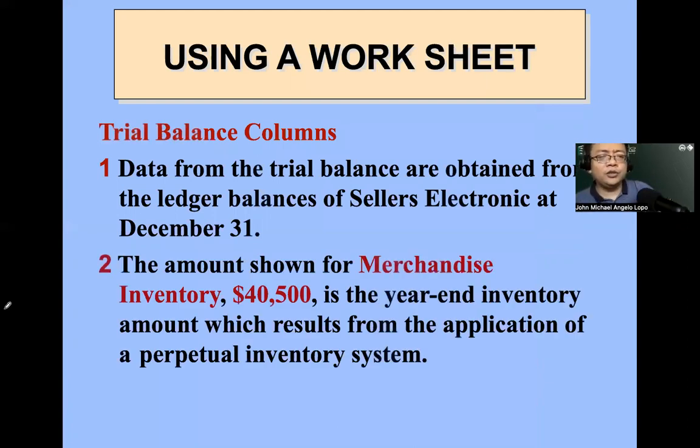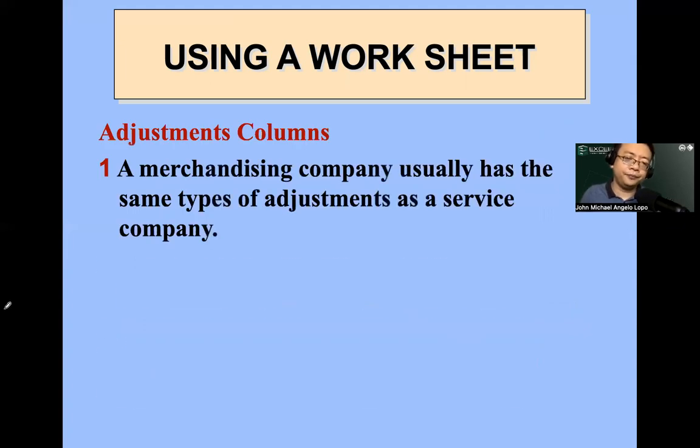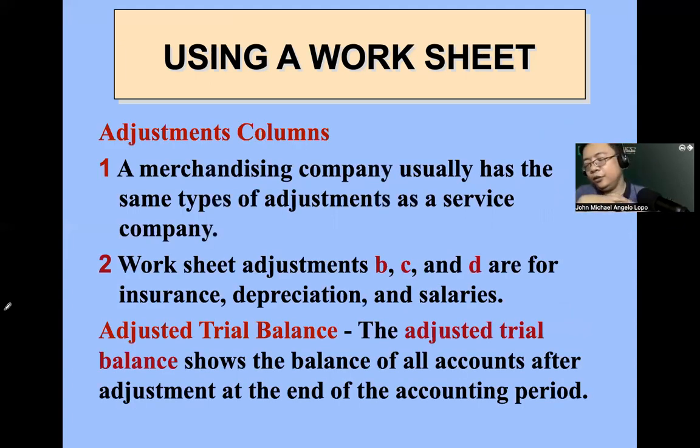Trial balance columns. The data from the trial balance are obtained from the ledger account balances of the company on December 31. No? So the amount shown for the inventory is 40,500, a year-end amount which results from the application of the perpetual inventory system. Okay. So, hopefully you are still familiar with this one. Okay. Journalize, we post to the ledger, then we do a trial balance. Then after that one is